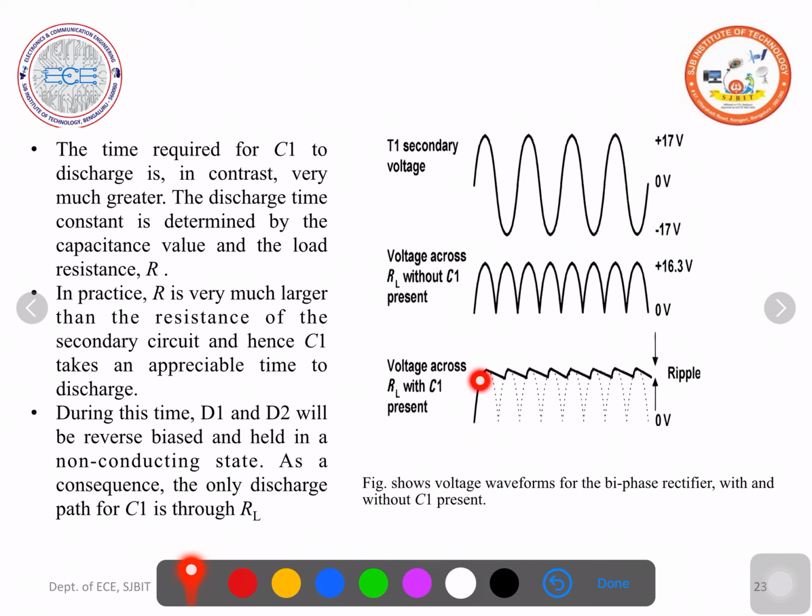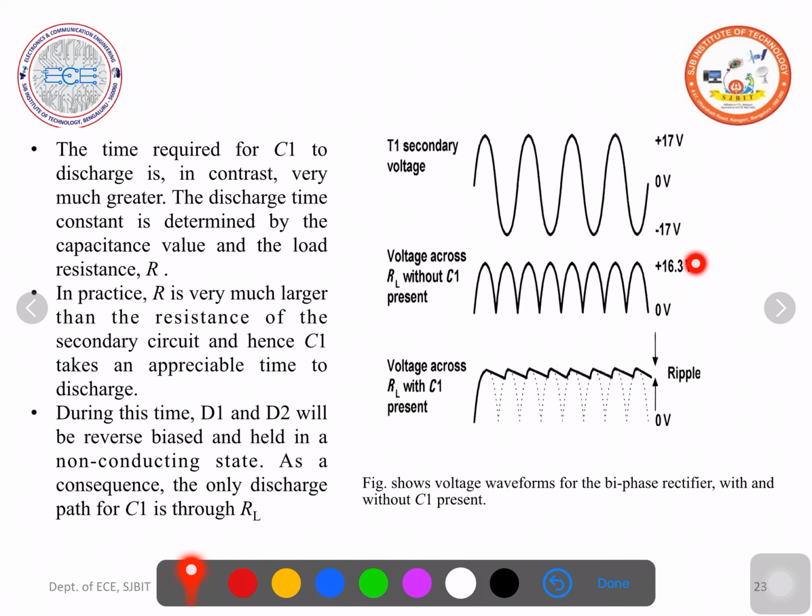Here the capacitor gets charged to the peak value and discharges, again charges in the next half cycle, discharges, charges, discharges. 17 volts is the peak voltage, so across the load you won't get 17 but 16.3 volts, because 0.7 volts will be the drop